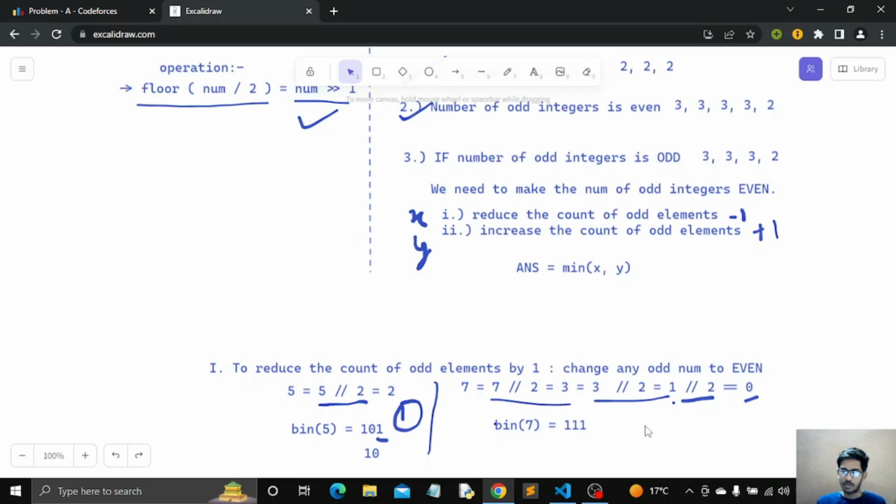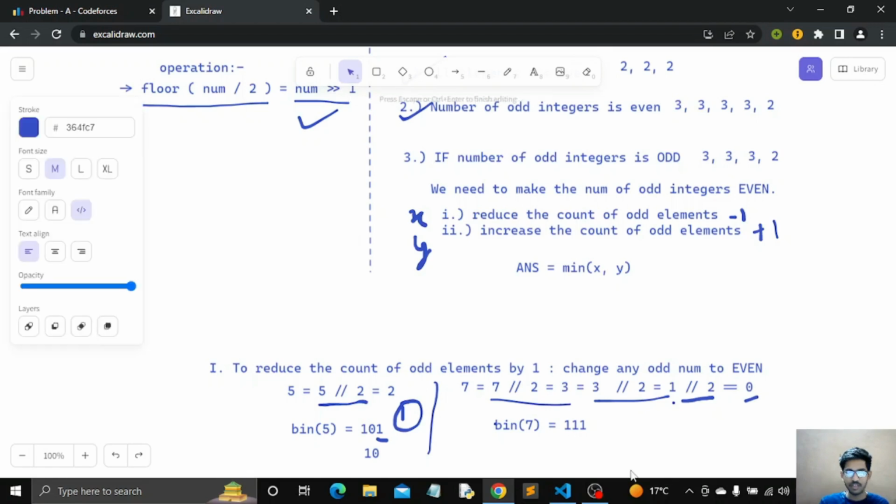After performing 3 operations, the binary string that we will get will be 0. Now as the rightmost bit is 0, it means that the number has become even. Okay, so here it takes 3 operations to make 7 an even number,